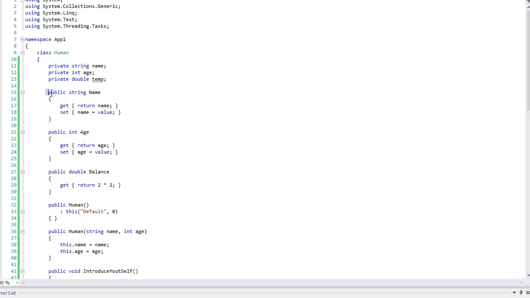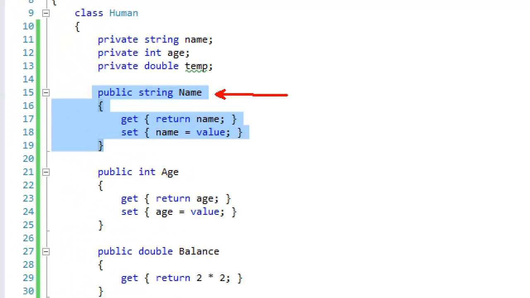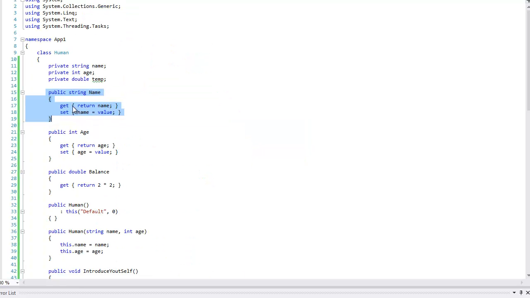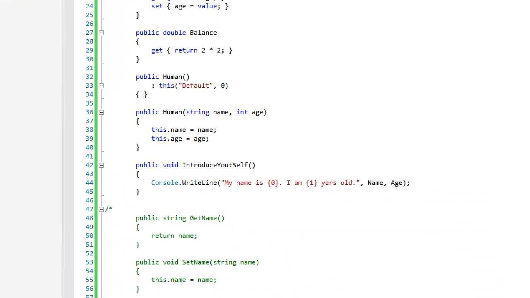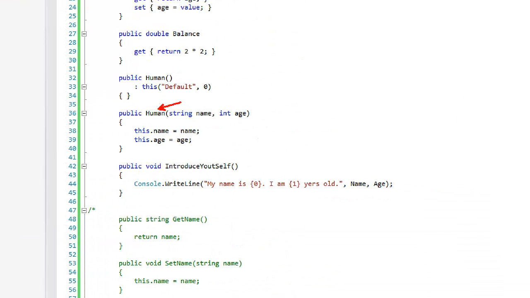The fourth element are so-called properties, a special syntax construction which allows us to define properties. The fifth element are the constructors. The constructor is a pseudo method.